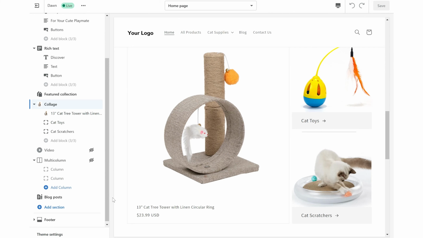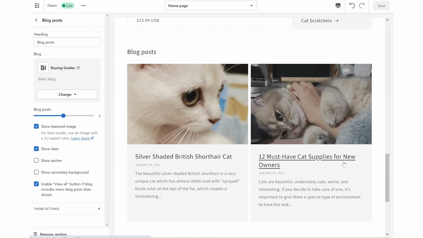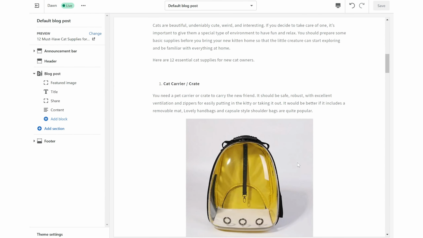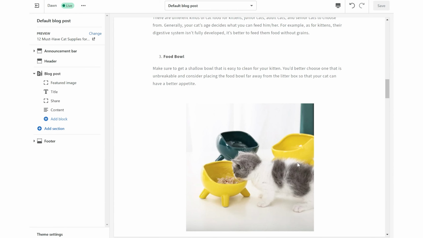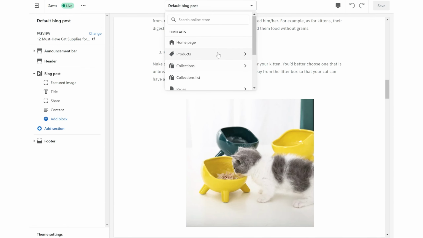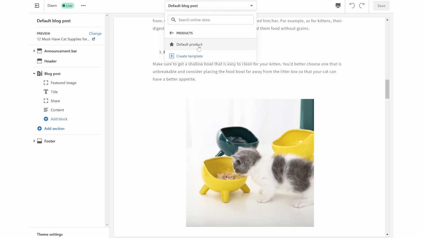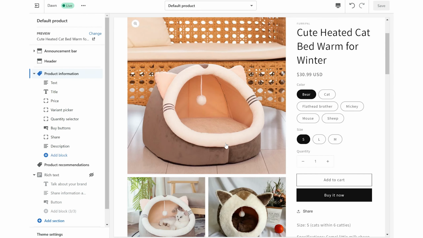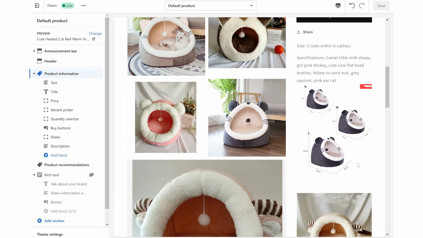It's recommended to use blog posts to provide curated content to your target audience. One of the best practices is to write buying guides because they can help to improve SEO. The product page also matters. This is because only after people learn about a certain product will they make a purchase. Therefore, make sure that all product information is accurate and properly displayed.